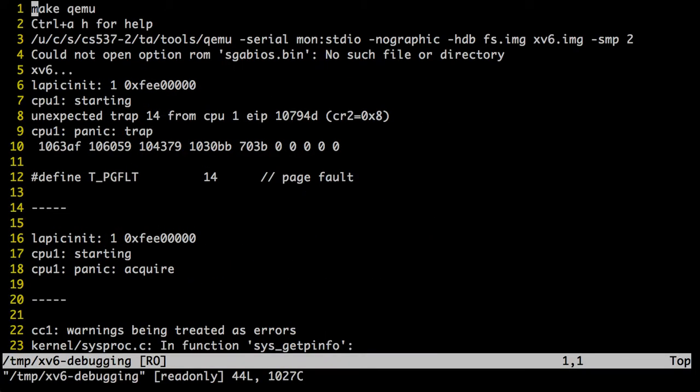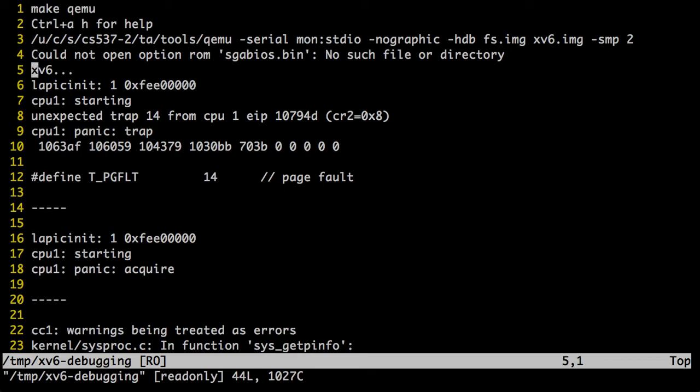What I'm going to do is go through some of the faults that you had in XV6, and help you see how you can debug such things. From what we saw on the 537 help mailing list, a lot of people had errors where you could see what is going wrong from the error message, but they weren't able to parse it to understand what's going on. So this is to help you with that.